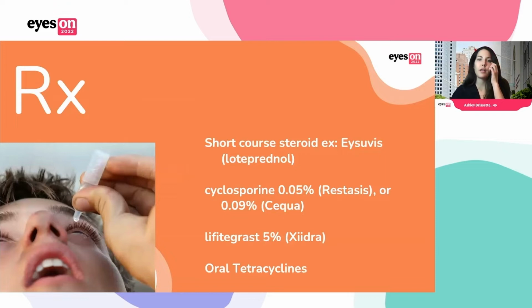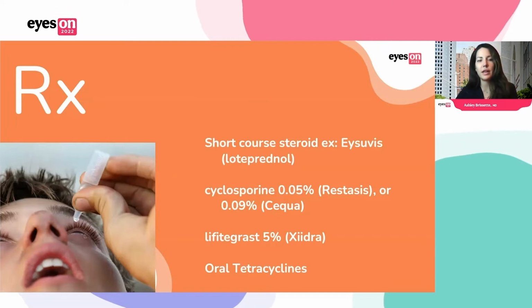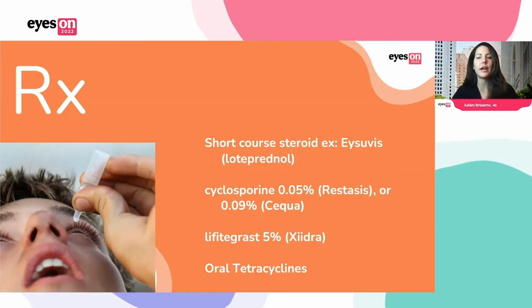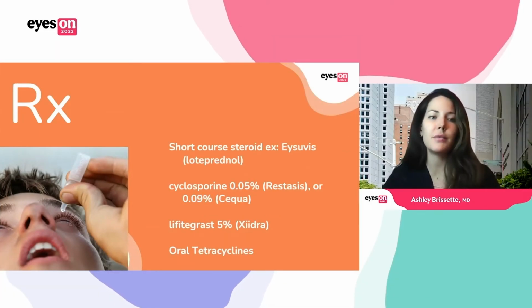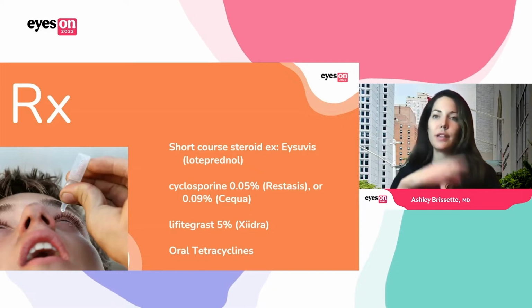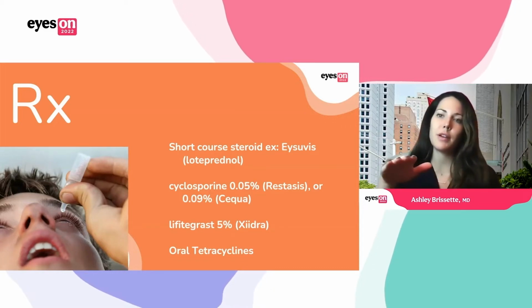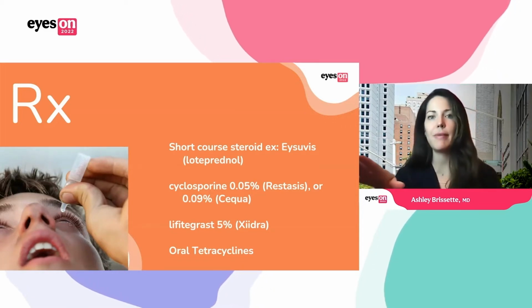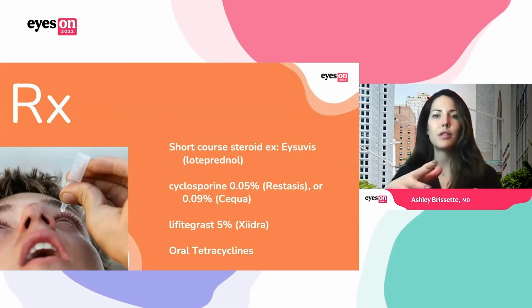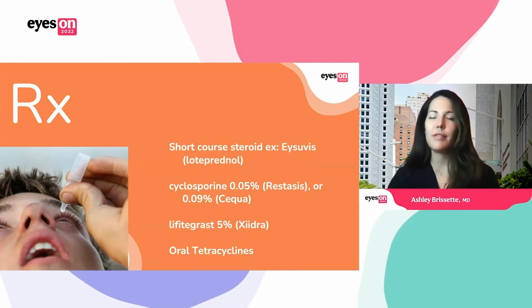So once we've gone over all the basics with the patients, then I start to introduce some prescription therapies. There's a number of prescription therapies available, and I think about these in terms of flare-ups for dry eye disease and then your chronic maintenance for treating dry eye disease. Oftentimes for dry eye disease, we get these flares where patients will have a number of good days and then they have a significant amount of bad days. And that can come about due to changes in the environment, changes in stress, if they've been flying on planes, a lot of screen time, et cetera.